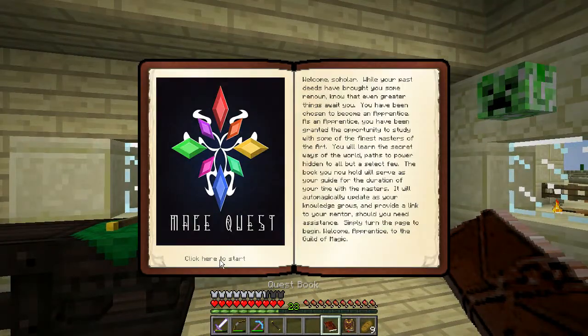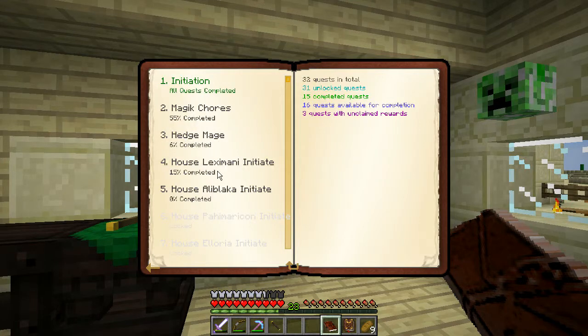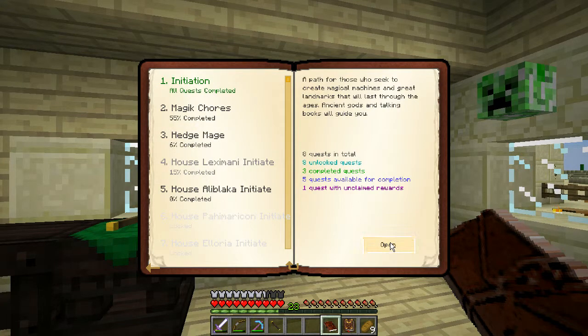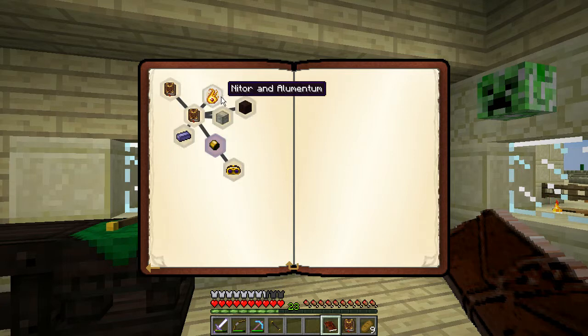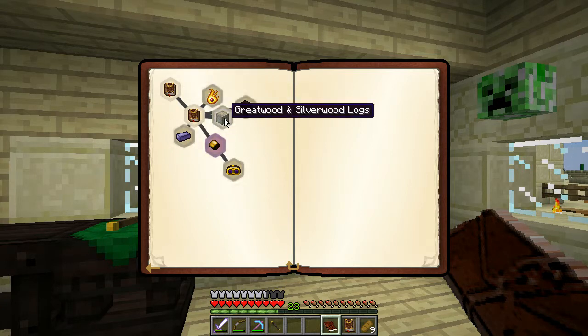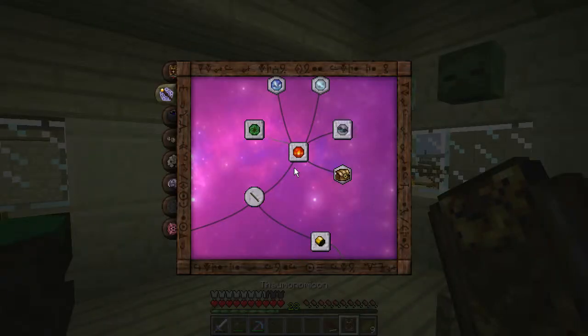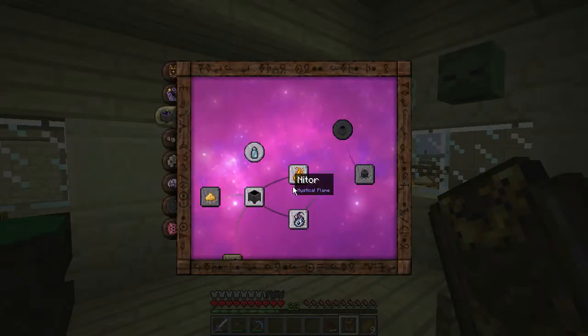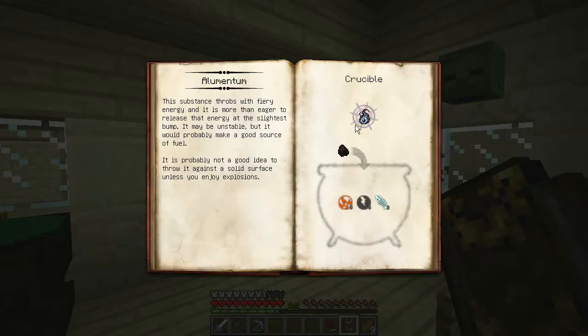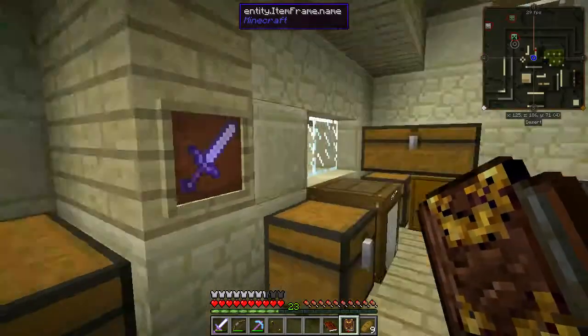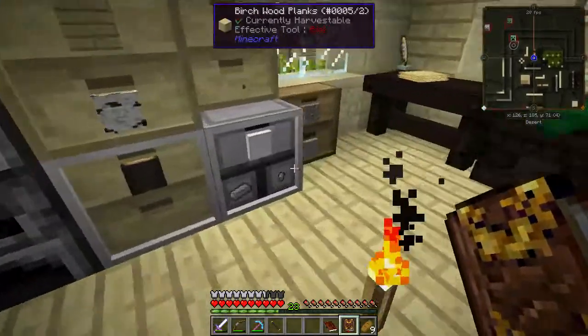So in our quest book here, if we go to House Lexamani, we will see that there are a few things that we wish to do, the first of which is this Nitor and Alumentum quest. So to make Nitor and Alumentum, go into the alchemy here. This is the recipes for them here. We need a crucible. Now a crucible is a very simple thing to make. It simply requires